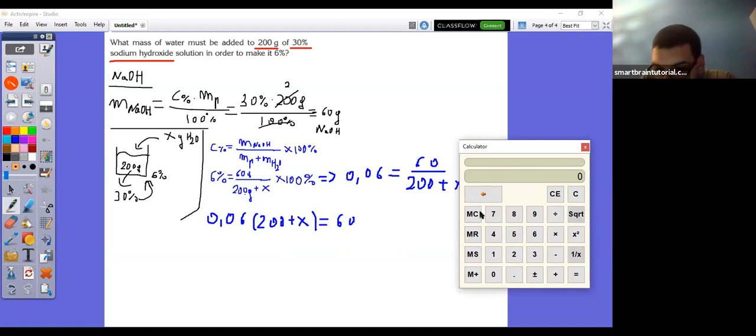We can simplify again: 60 with 0.06 will be 10, and this can be 0.01. Look, it can be 10, and this 0.01. And 0.01 times 200 is